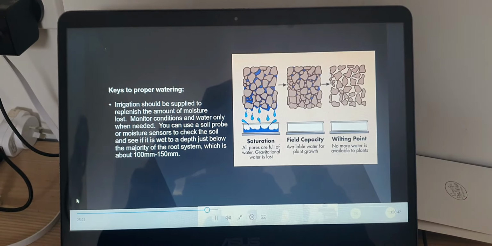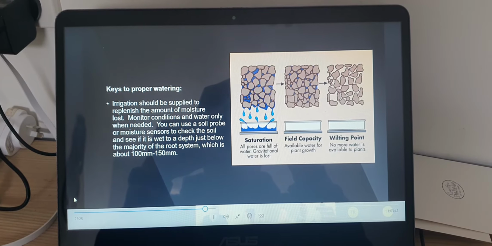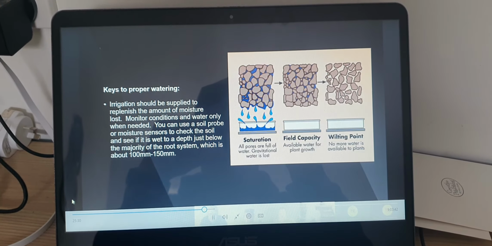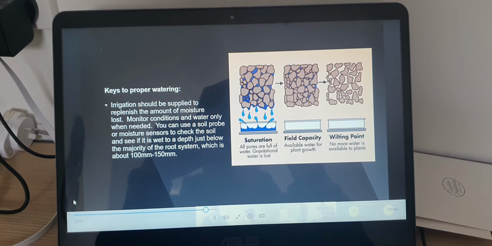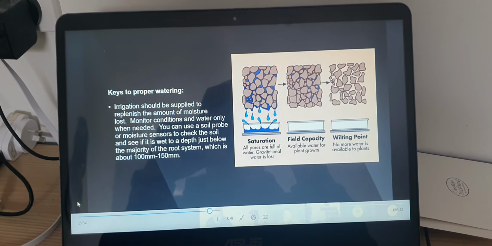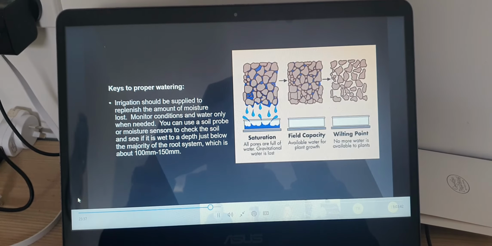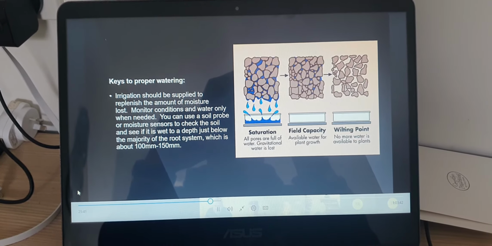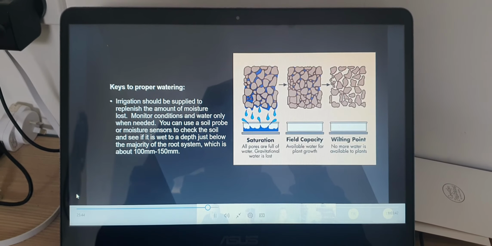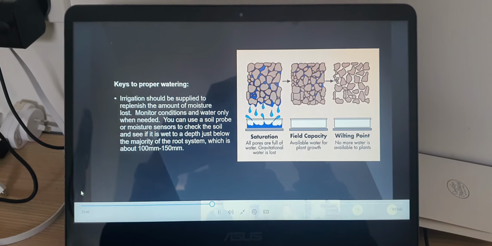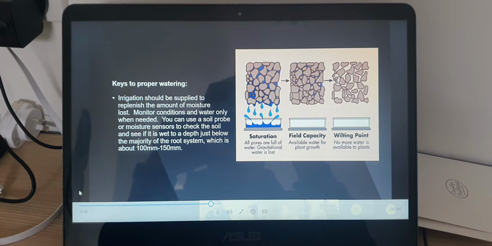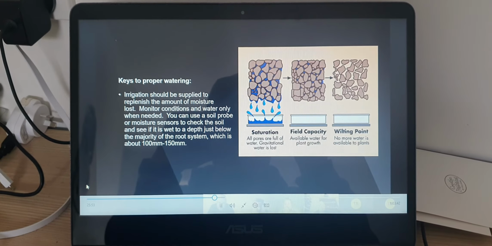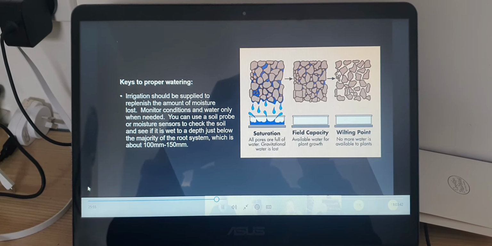So this is just more on what you're looking for. Obviously, we've all seen this before. On your left is saturated, there's no air for the plant to grow. All pools are full and gravitational water is lost. Field capacity is roughly what we're aiming for when we're watering, it's perfectly available for the plant to grow. And then there's your wilting point, there's no water whatsoever, so the plant's not able to complete